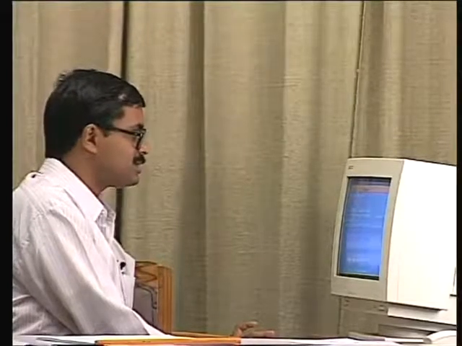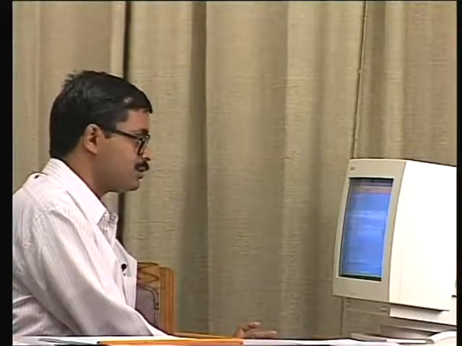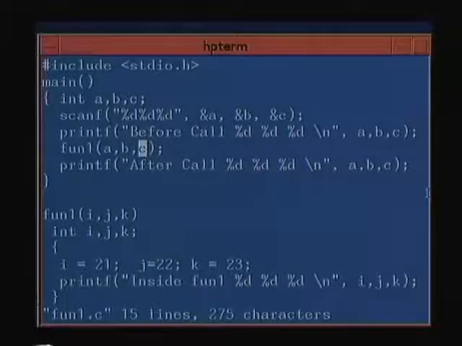Because if a function requires some values and I may want some value to be updated, how would I do it? So to answer this question, first we will have to see how function parameters are passed in C, what are the ways in which function parameters can be passed, and how do I get back values in C if I want to pass the function parameters. That will also give us some hint about why scanf uses this AND. So let's go back to our workbook and see what we can do.